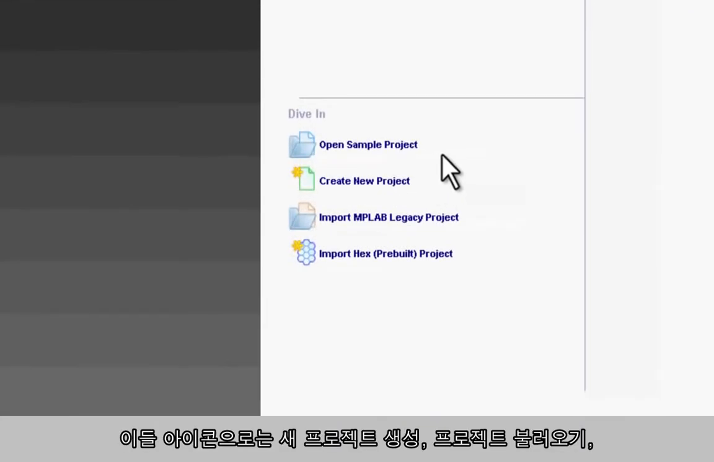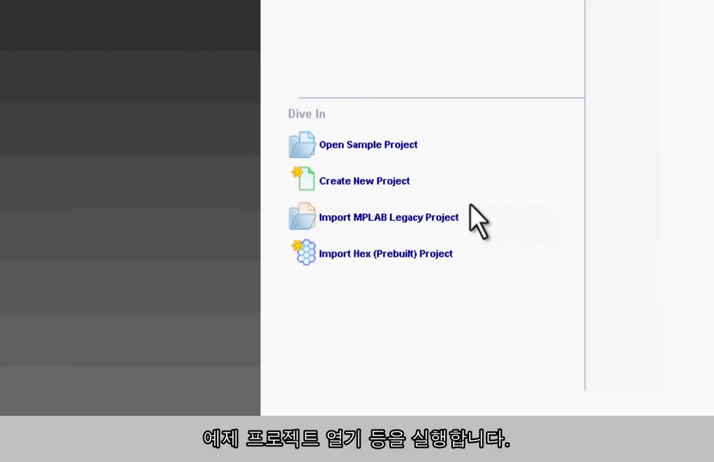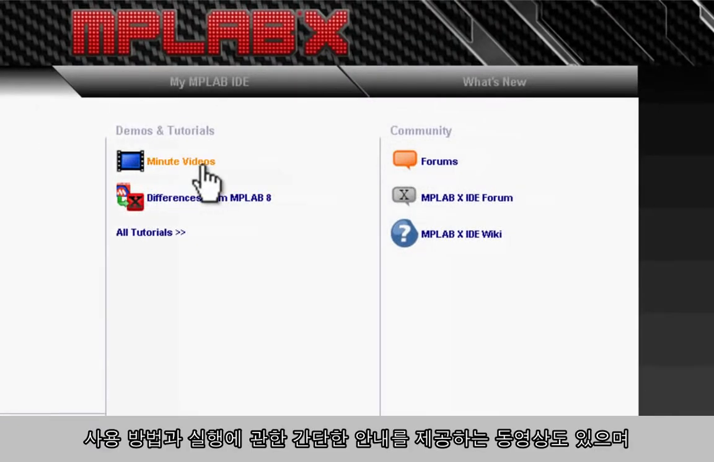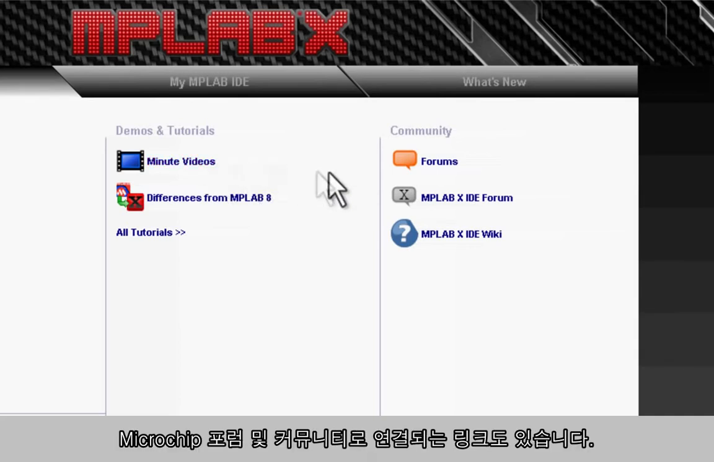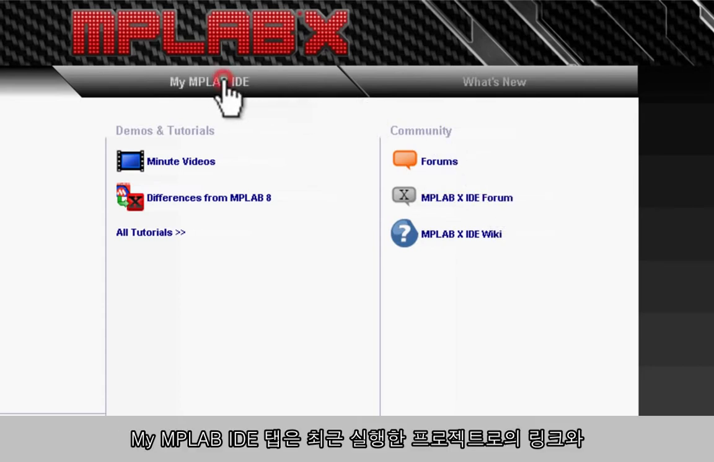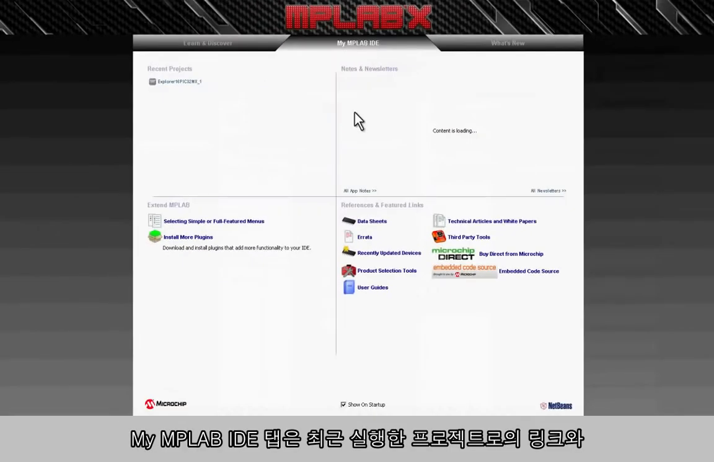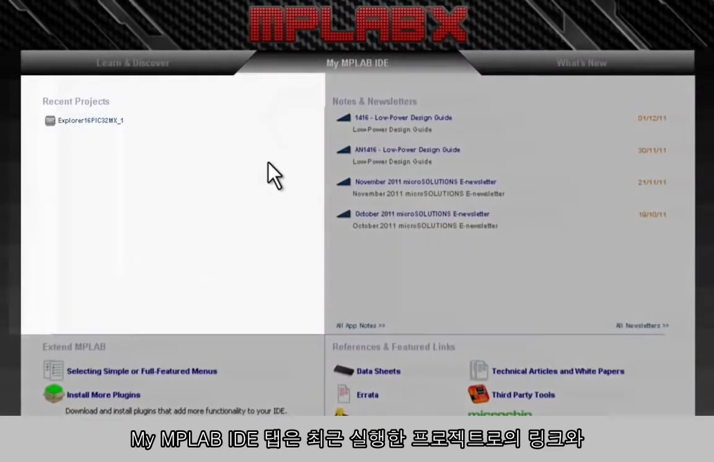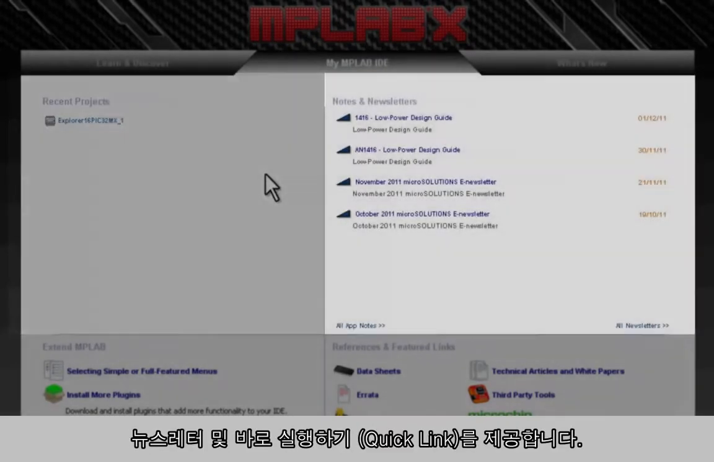There are icons that will allow you to create new projects, import projects, open a range of sample projects. There are some videos which show you some tricks, tips and short guides on how to do things, and links to some of the Microchip forums and community pages. On the My MPLAB IDE tab there are links to projects that you might have recently opened, newsletters